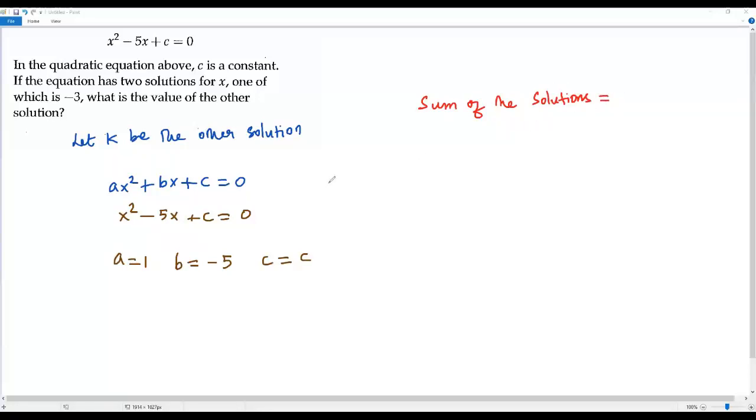This formula will work only when the quadratic equation is in the form ax squared plus bx plus c equals 0. Whenever we have a quadratic equation in this form, the formula to find the sum of the two solutions is negative b over a. Sum of the two solutions means we have to add the two solutions. We have assumed k as one solution, and the other solution is